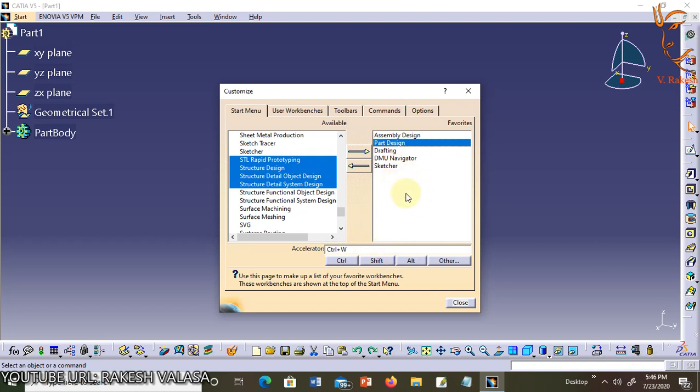Once you have selected all workbenches shown in this window, that is Assembly Design, Part Design, Drafting, DMU Navigator, Sketcher, select the Close key.